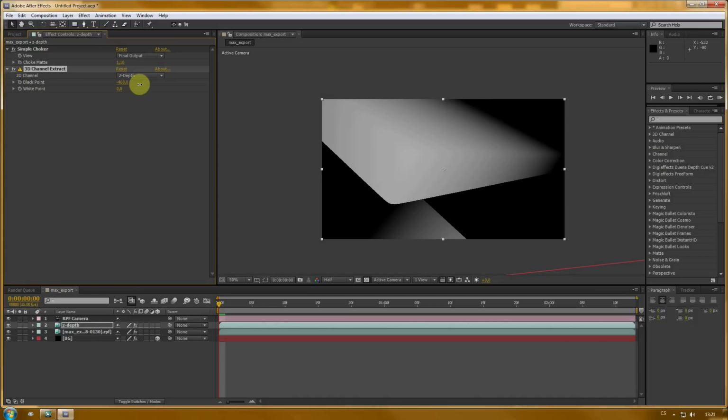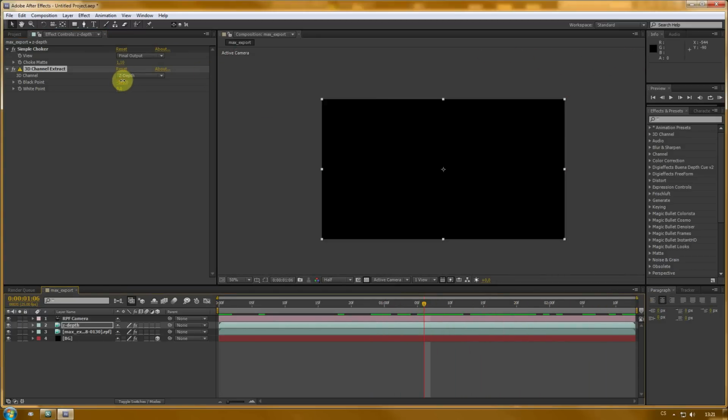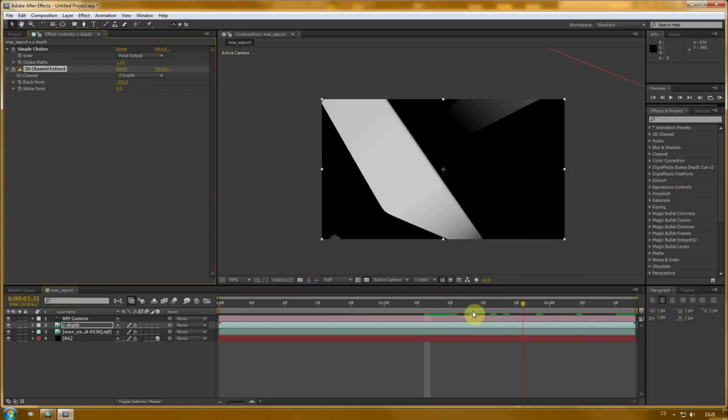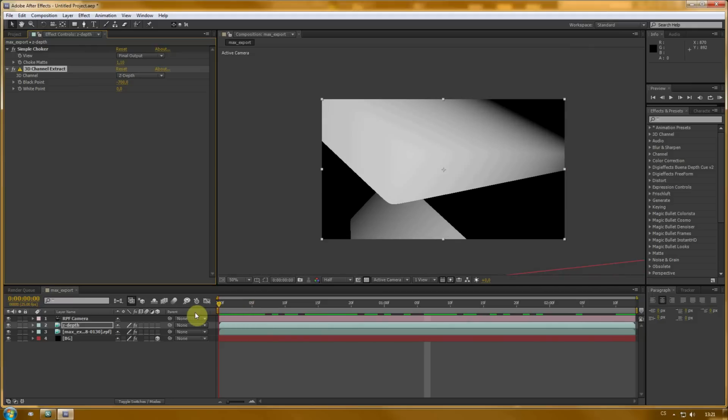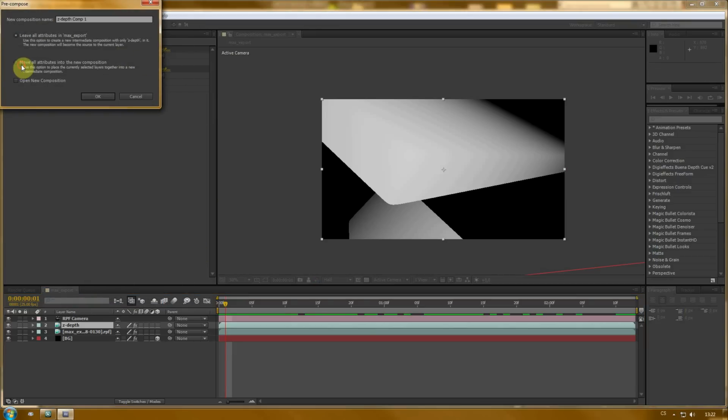Maybe we can try it. Okay, let's leave it like this and pre-compose it. Layer, pre-compose, move all attributes, Z depth pre-comp, and